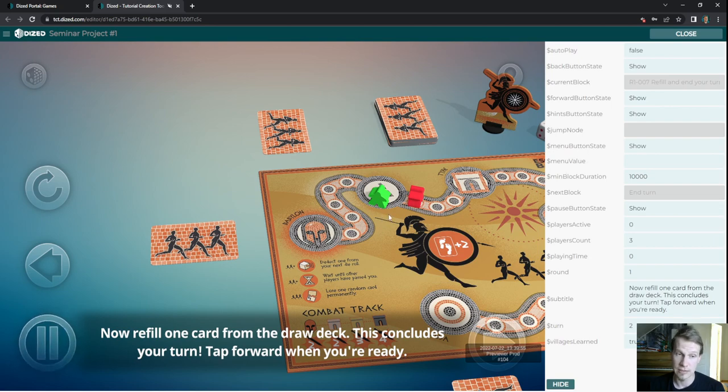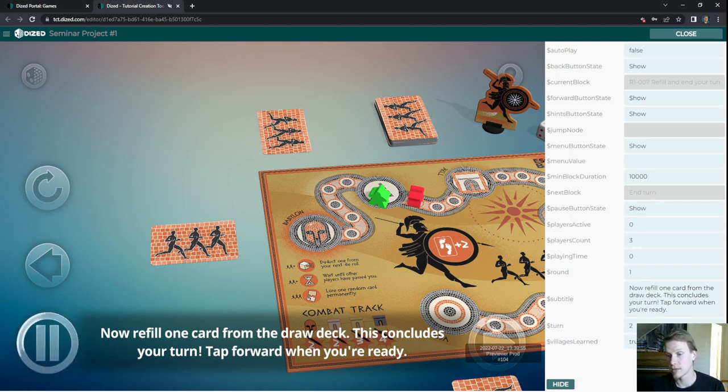If I do that, I'd have to close this and it would reset the players count and the round and the turns and everything, and I need to come back to it. Trust me, when you have a 700 step long tutorial and you're reviewing it and you've almost come to the end and you have all the values there, and then you just close it to fix something, it's not handy to re-tap everything and go back to the same place. So what you can do is actually use